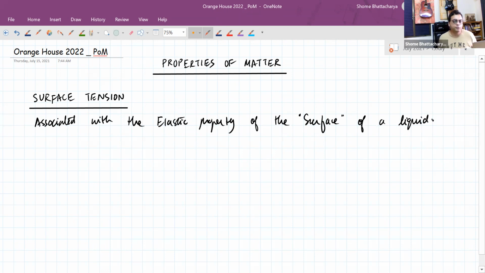So first of all, we should properly define what we mean by the term surface of a liquid. Obviously, there's an everyday meaning of the term surface, but in physics, the definition of the surface is a slightly more technical thing. Okay, so a surface of a liquid